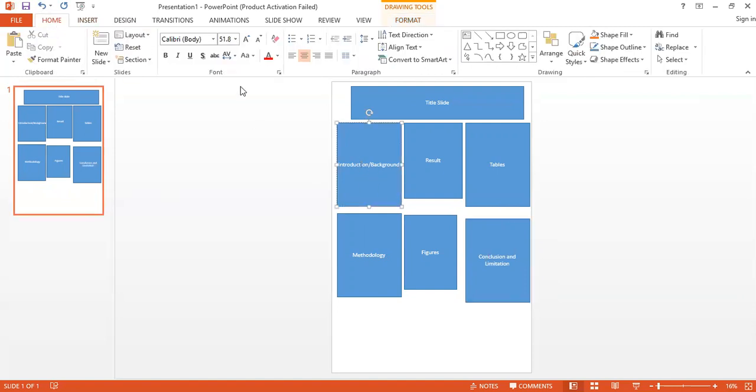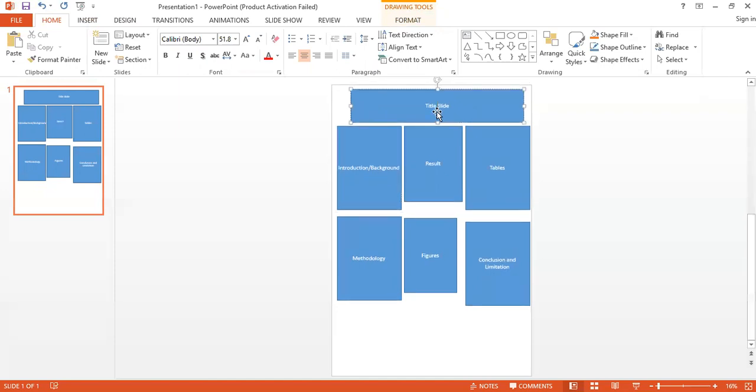Now if I go to the home size and look into this, this is again quite a big size, 51.8. I can easily adjust this into the heading font of 44 and the body font of 32. And ideally we go either for Times New Roman or Arial font, and the size for the heading would be 44, and the other text could be 32.